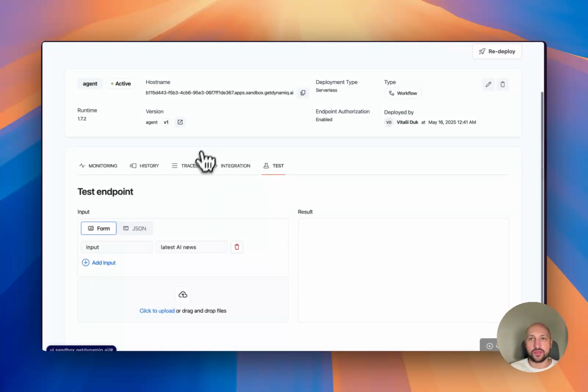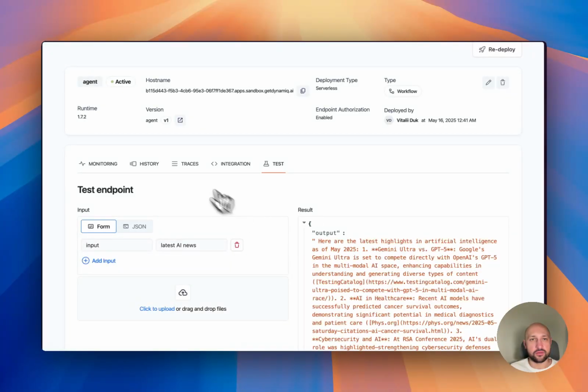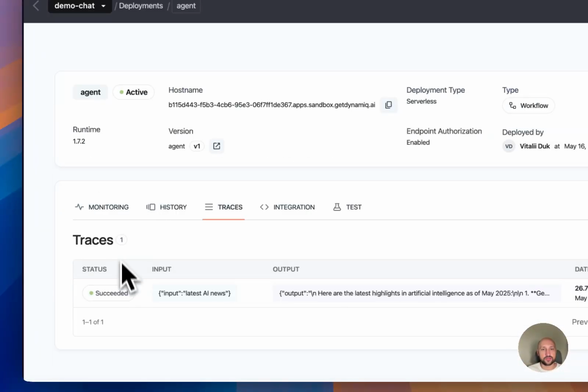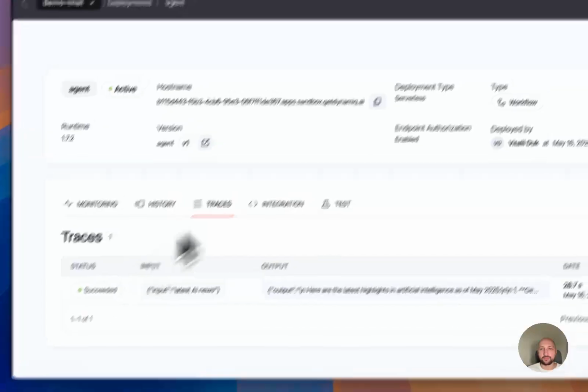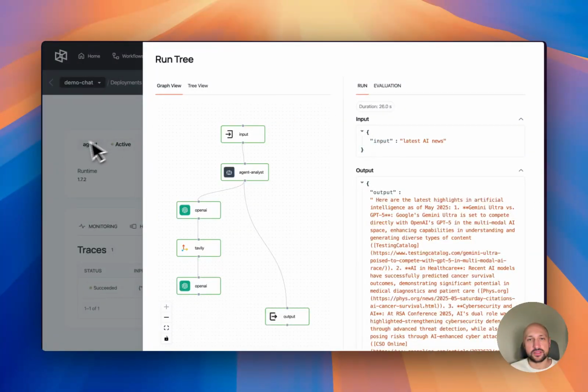It takes a bit of time in the first instance because this is still deploying. So yeah, now it works, and we can see this actually here. So here we'll see the same trace again. See how long it took